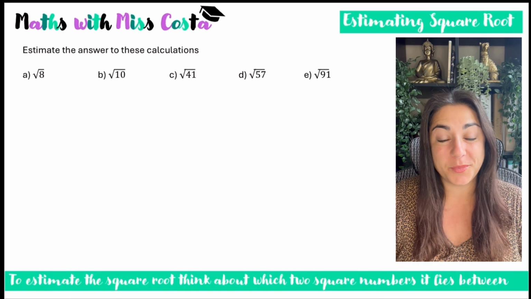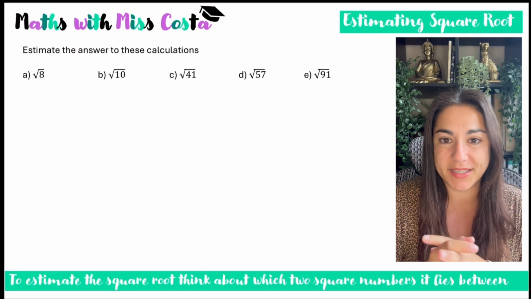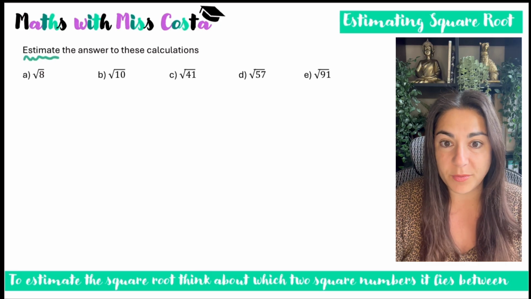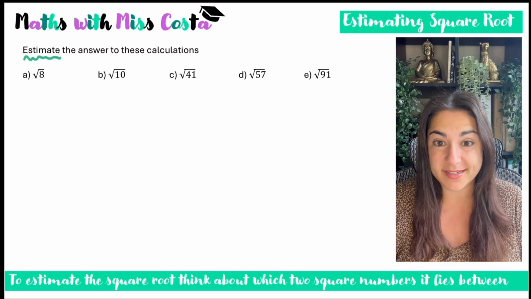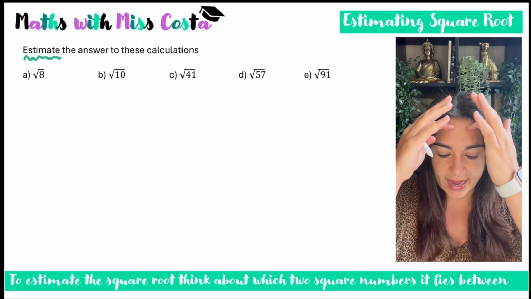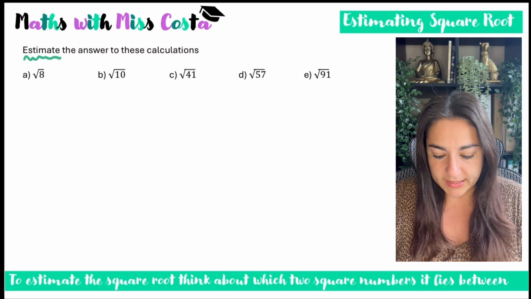Okay, so in this question, we're going to be estimating answers to square roots. Now, if you're asked to estimate, that means don't actually work out the actual value. Use some knowledge in order to make a calculated, educated guess. So this is going to be on a non-calculator paper, and it's going to require us really knowing our square numbers off by heart. So